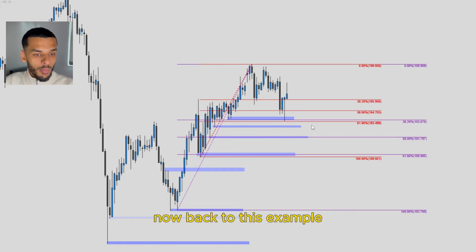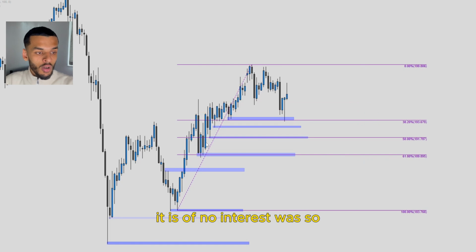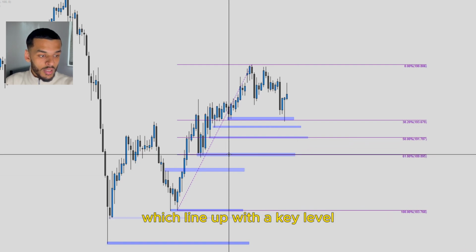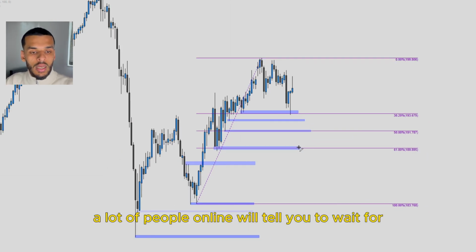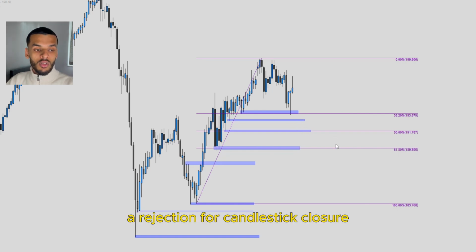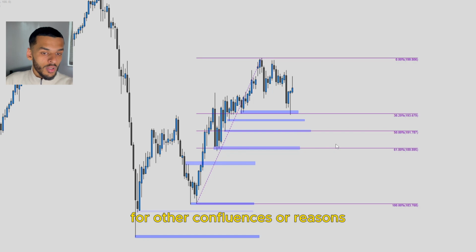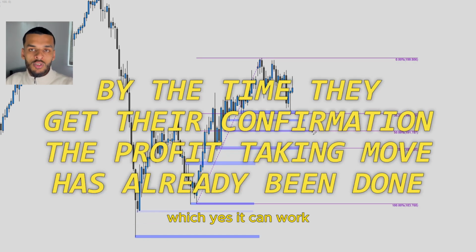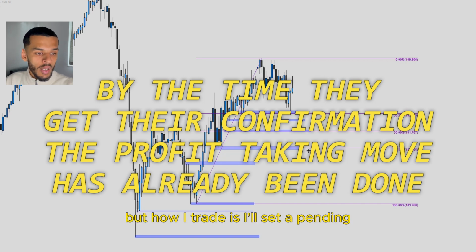Now back to this example, the 61 has been done and dusted, so we'll get rid of this fib. It is of no interest to us. So now the only things we've got left is the 50 and the 61, which line up with a key level. A lot of people online will tell you to wait for a rejection, for candlestick closure, for other confluences or reasons that price is going to respect the fib, which yes, it can work, but how I trade is